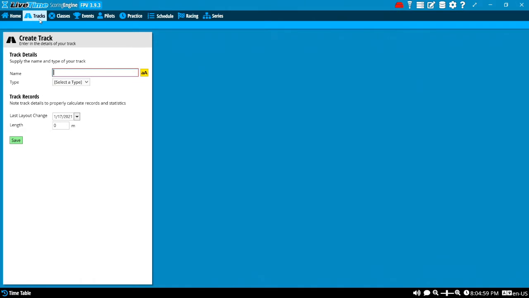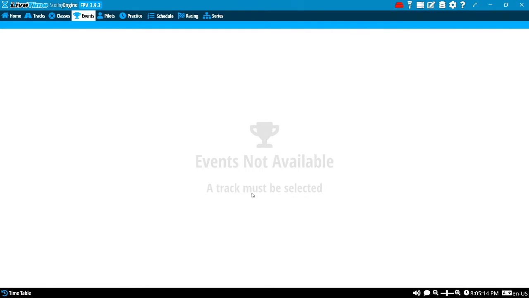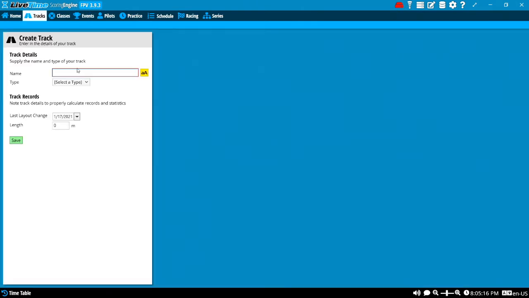One thing to know about LiveTime is everything works from left to right. So first we have our tracks, then we have our classes, then we have our events, then pilots and practice and schedule and racing. Everything starts from left to right. Like you can't create an event because you don't have a track yet. So we're going to start with tracks, and I'm going to show you step by step some of the more